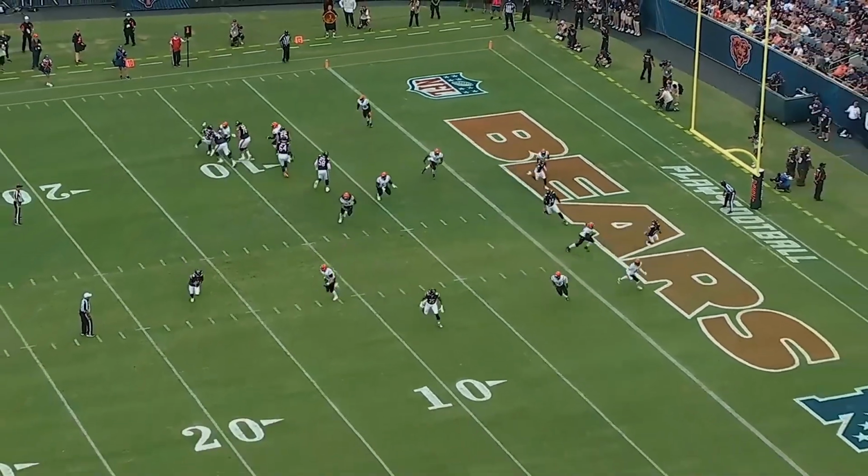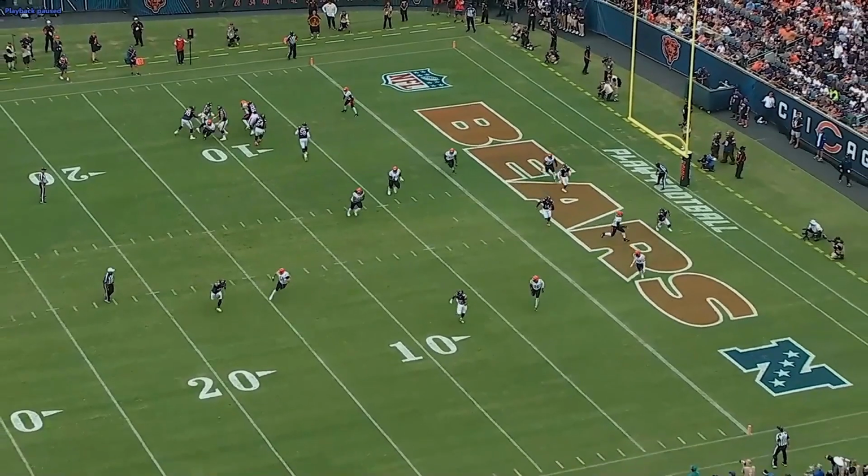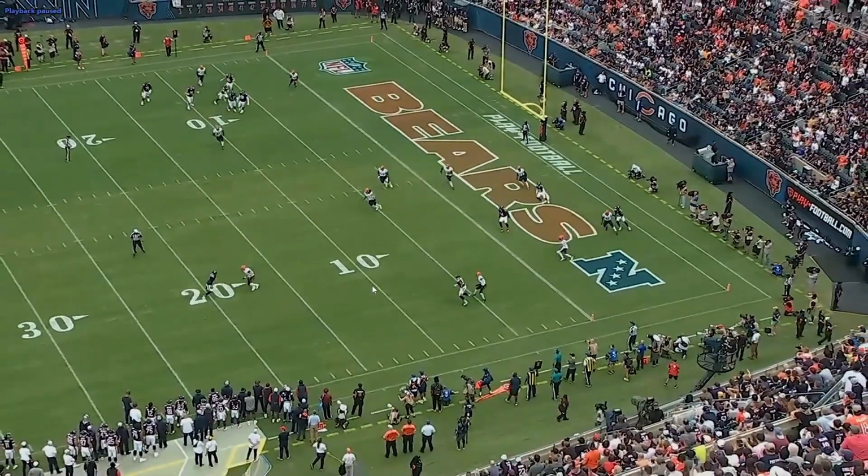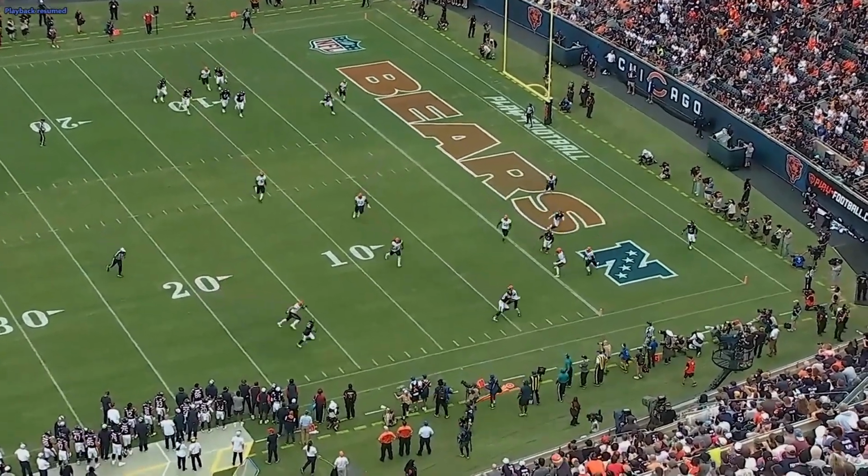There's nowhere to really throw the football, and just watch Caleb Williams do his thing. He's going to roll out. Nothing's really there. It's super muddy. Maybe you could argue he puts it on this guy's back shoulder here and throws him away from this guy right here, but that'd be a really hard throw, especially with a guy in your face. So instead, Caleb Williams buys time, runs around the guy, keeps his eyes downfield,